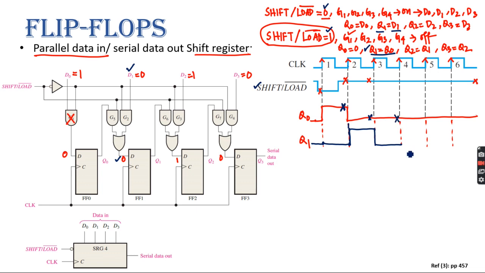Then what is the value of Q0? It is again 0. Then what is the value of Q0? It is again 0. And then what is the value of Q0? It is again 0. So it will work like this, right? Yes, sir. Now, if you try to get the output